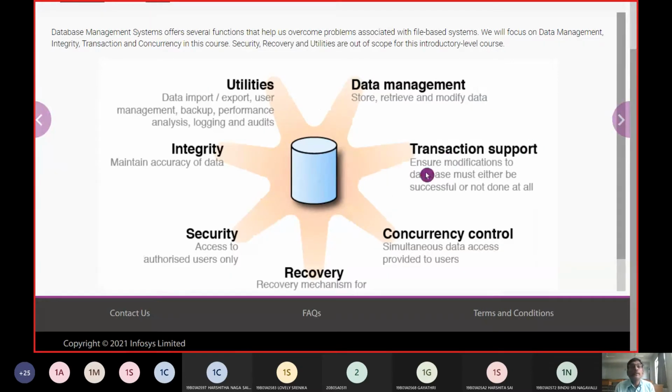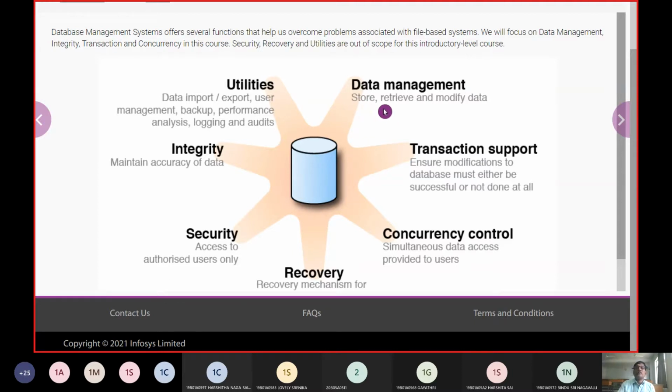Now, what will be the different advantages when we work with this DBMS? The basic advantages over the file system start with data management. Data can be stored in a server, or it can be stored in a cloud.